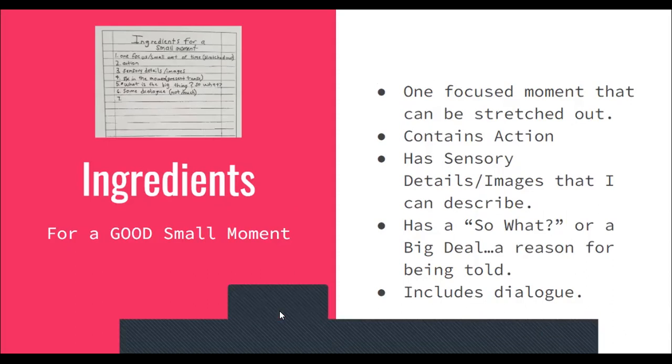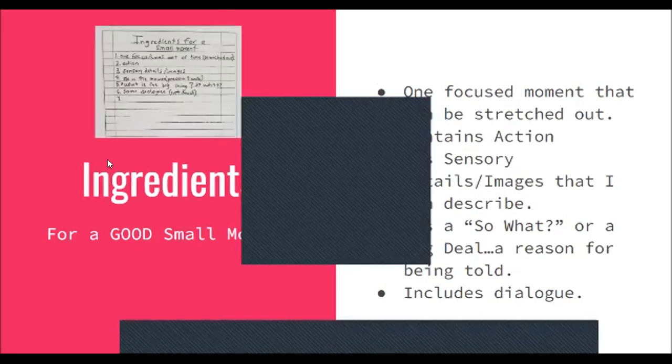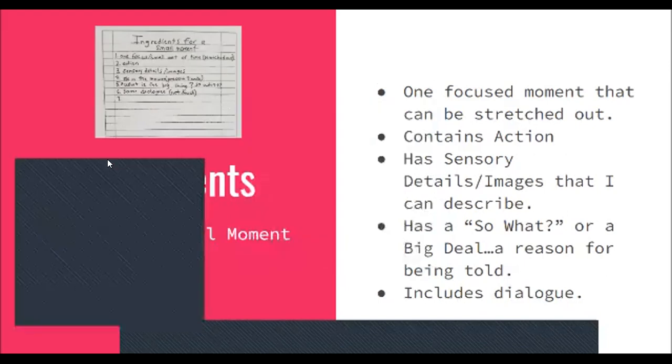Hang on. Marcos, you have a question? Yeah, can it be like when I went to the US? If it fits all of these things, but right now I don't want you to think about your small moment. Right now I only want you to write down these 6 ingredients for a small moment. Okay, and we're gonna think about our small moments in a moment, but first write down the ingredients. Daniel Lee? When we write those 6 things, does it all have to be a good memory? Nope, it could be a bad memory, it could be a sad memory.